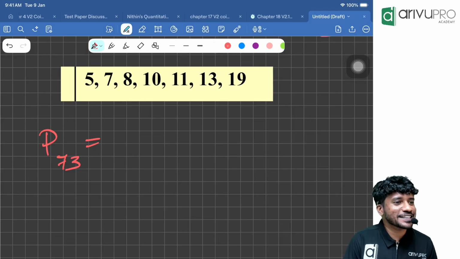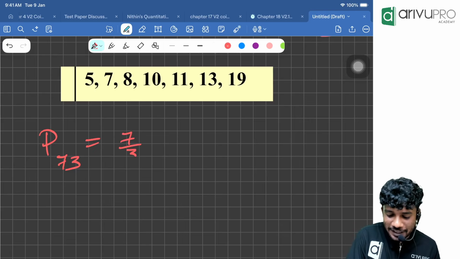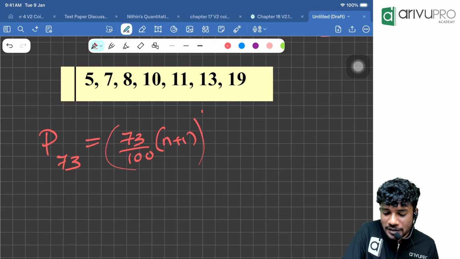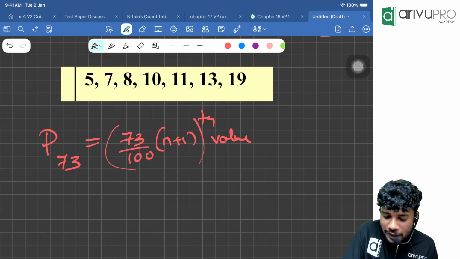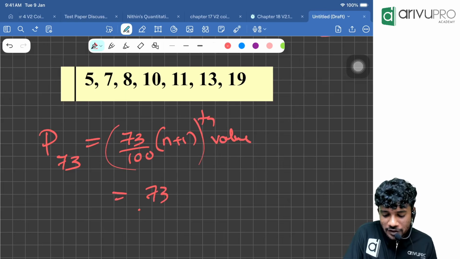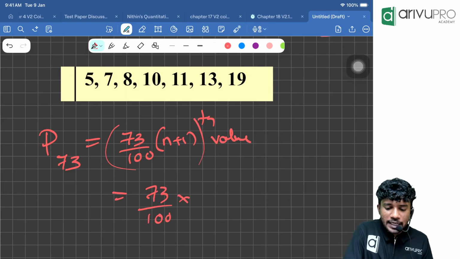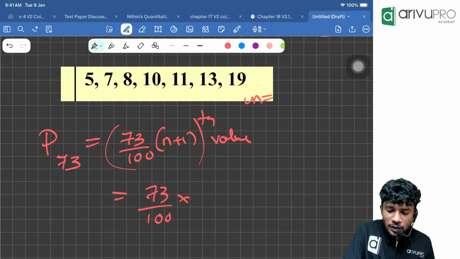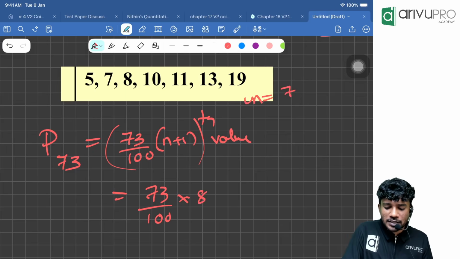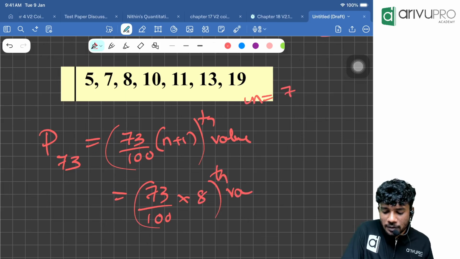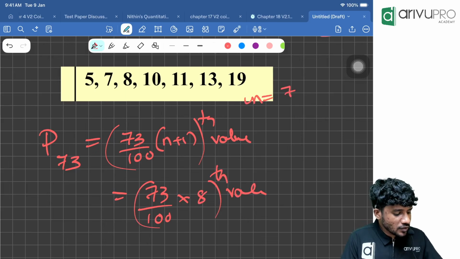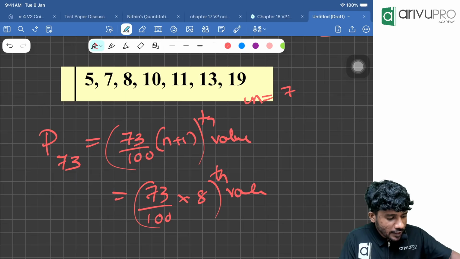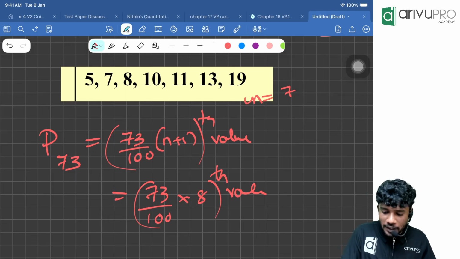How to find percentile 73? 73 divided by 100 into n plus 1th value. How to do that? N is equal to 7. N plus 1 is 8th value. That is 73 into 8 divided by 100, which comes to be